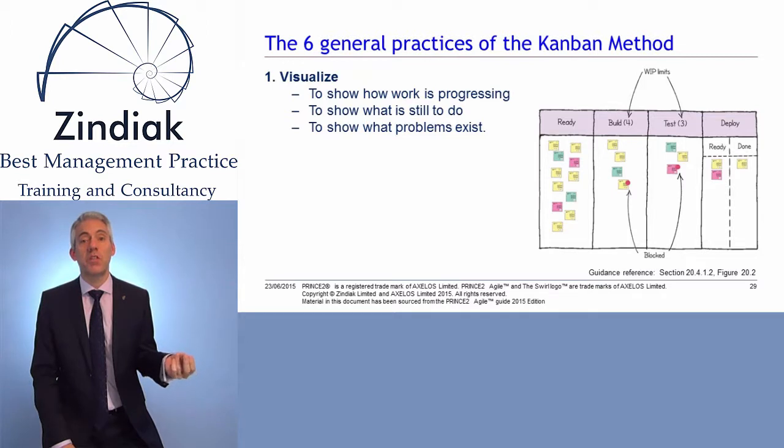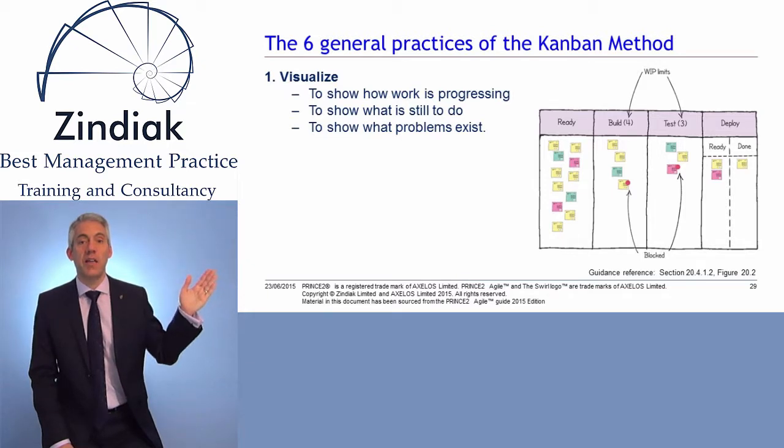We'll now move on to discussing the Kanban method specifically in detail. There are 6 general practices of the Kanban method, the first of which is visualize. We visualize to show how work is progressing, to show what work is still to do, and to show what problems exist. You can see on the slide a simple example of a Kanban board with 4 columns: ready,